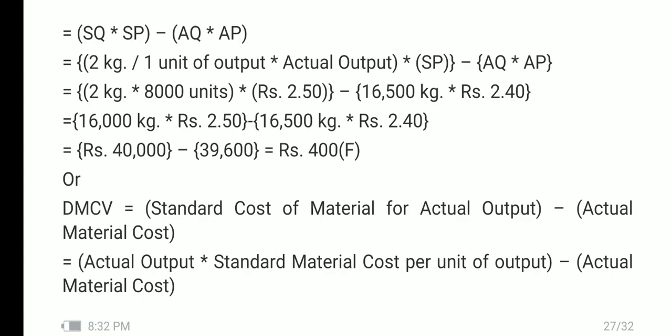So, 2 kg into actual output of 8000 units will give us 16,000 kg, that is standard material specified for actual output, 16,000 kg into standard price rupees 2.50 per kg will give us 40,000 rupees, that is standard material cost. Actual material cost they have given,